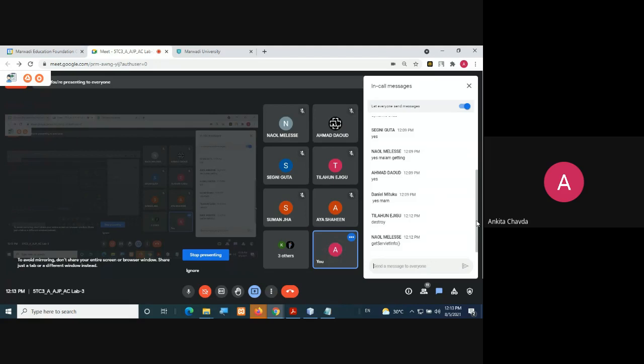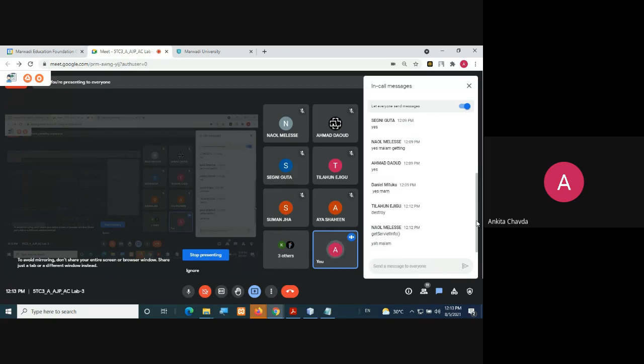Oh, don't you remember init, service, and destroy? Init, service, and destroy, right? These are the methods. The initialization method will be called only once in the life cycle of the servlet. The service method is where you actually write your whole code. And destroy will again be executed only once. So the main one is your service method.